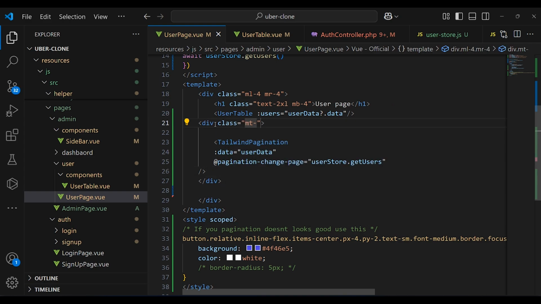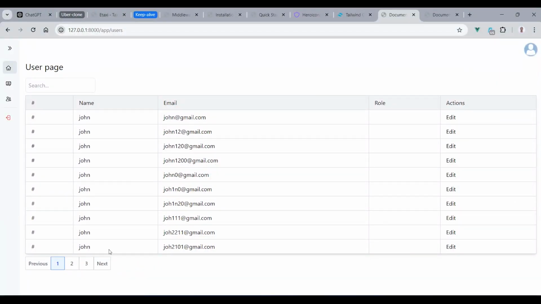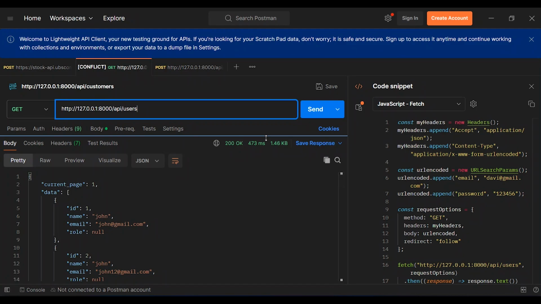Then pass a margin tab and pass it to. Yeah, like this. And if you get into the browser, you can see we just added the margin tab. Now I'm going to add another functionality to this endpoint that allows it to return an array of